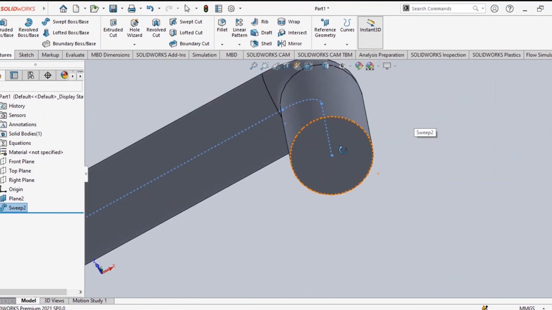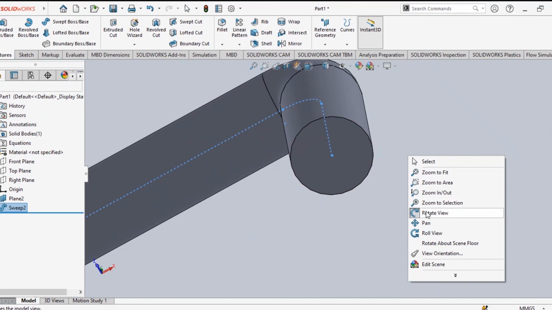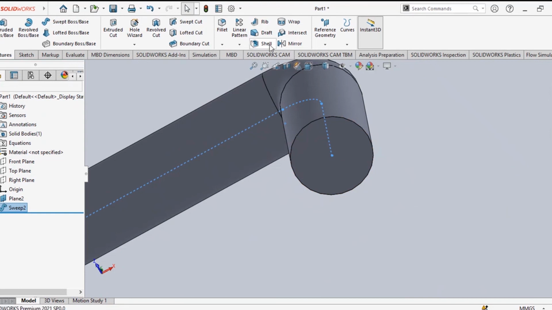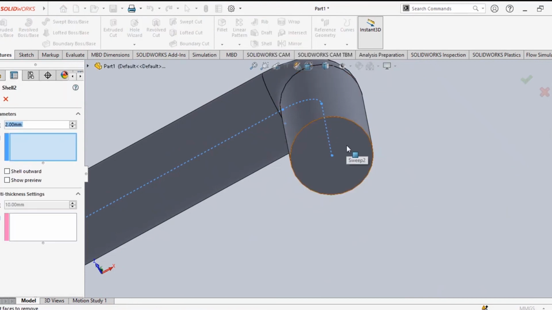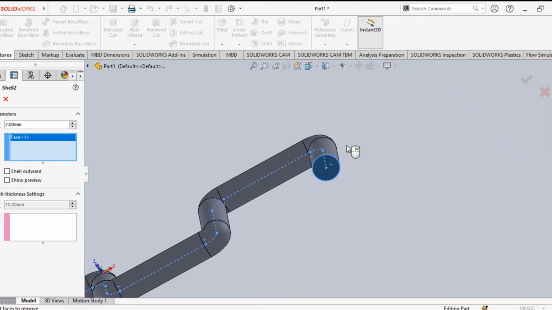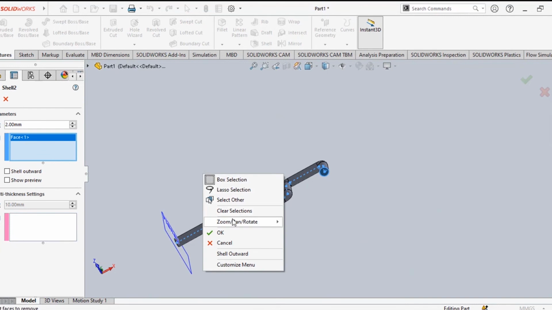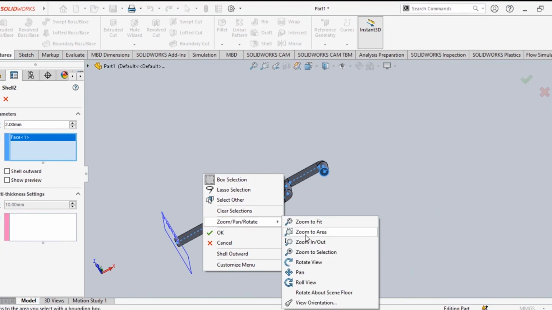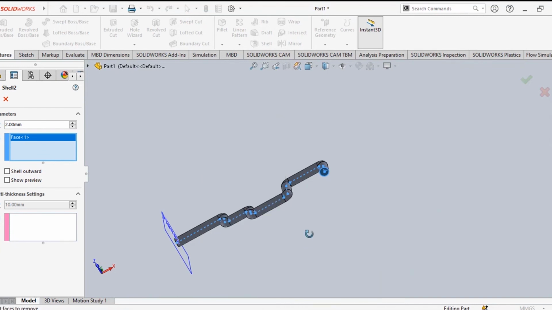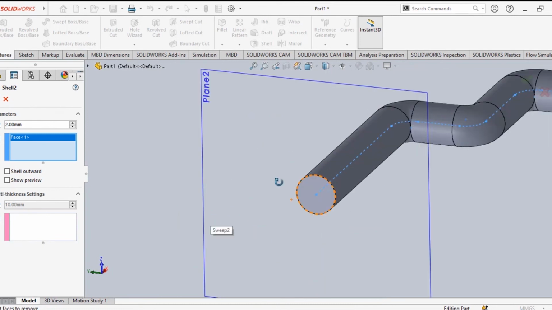This is solid. If you want to make it hollow, what you will do is, from here, select shell. Select this end, and the other end also you have to select. And 2 millimeter, you have to select the other end also, right? So again, you rotate and zoom rotate. If your mouse is not working, you can select this one directly with your mouse. My mouse is not working, so I'll select from here. 2 different ends you have selected, and thickness of 10 millimeter.